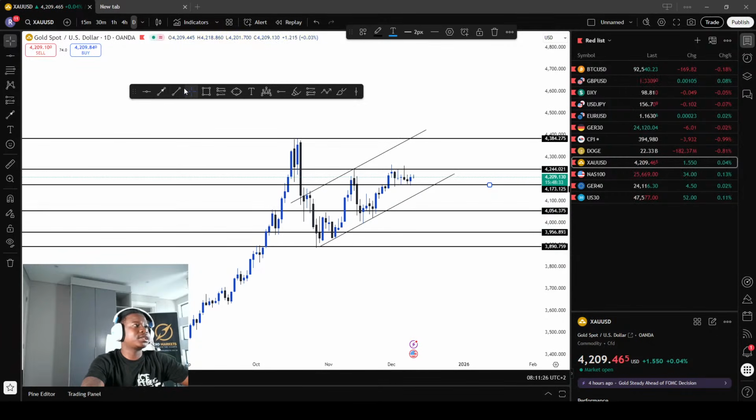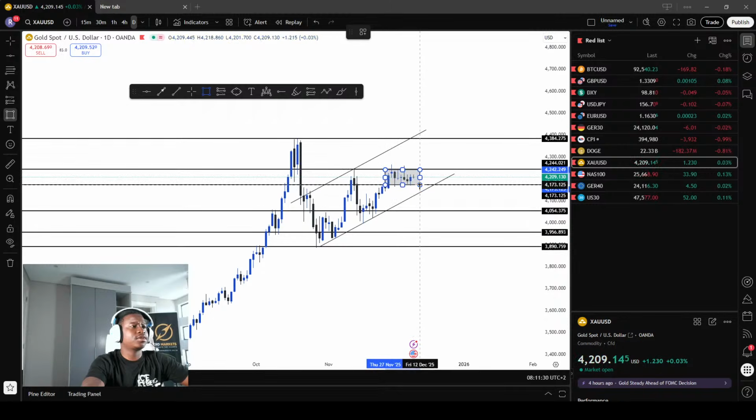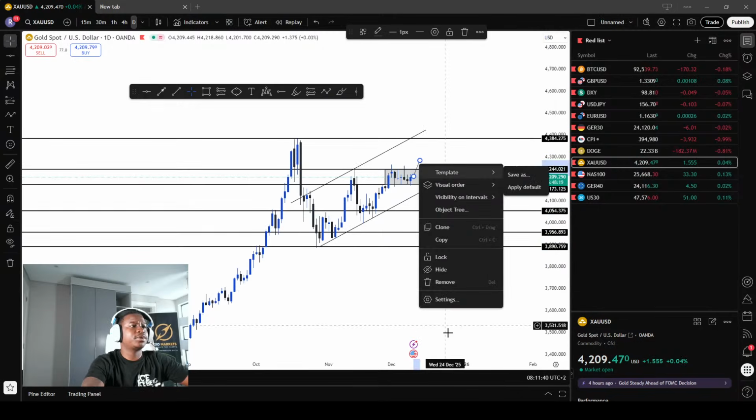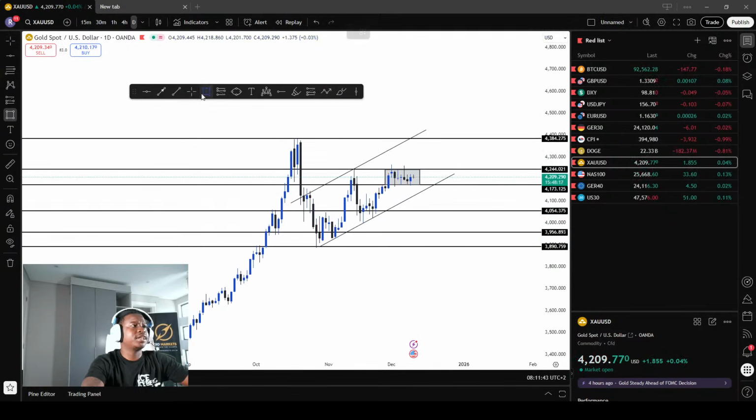So this is just our consolidation here. Once you achieve a consolidation, we're just going to wait for which side it will manipulate, and it's a daily time frame. So let's say it manipulates this side, then we know we're going to drop. Let's say it manipulates the bottom side, we know we're going to push to the top side, because even this high here, we need to get it, guys.